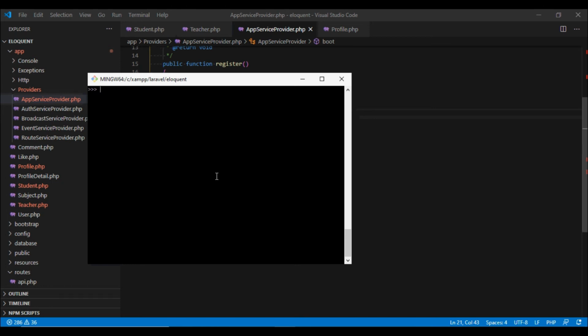In order to get those records which do not have a corresponding row in profile table, we can use doesn't have. We are going to pass it profile, and this gives us all the teachers which do not have any profile.